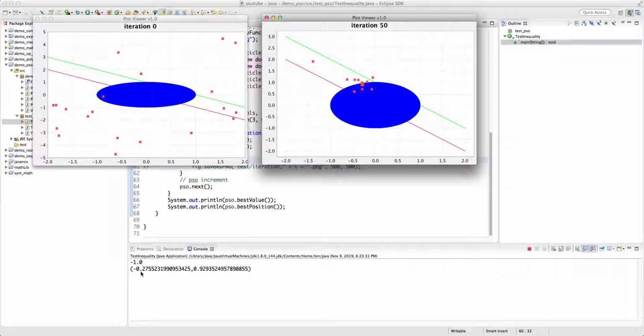And if you look at the result, 0.929 and -0.275, the sum of the two should be between 0 and 1, and also the square of the first plus the square of the second should be less than 1. So this gives us 0.81, and this 0.09, yeah, so the squares sum to less than 1. All right,